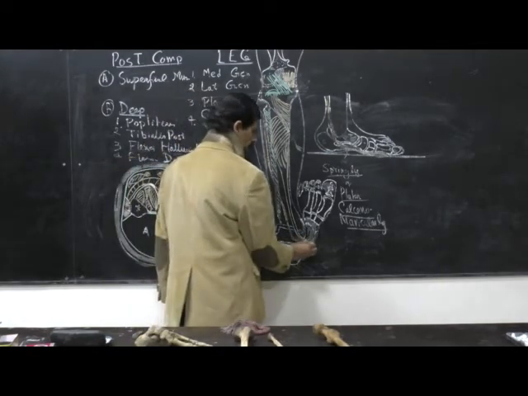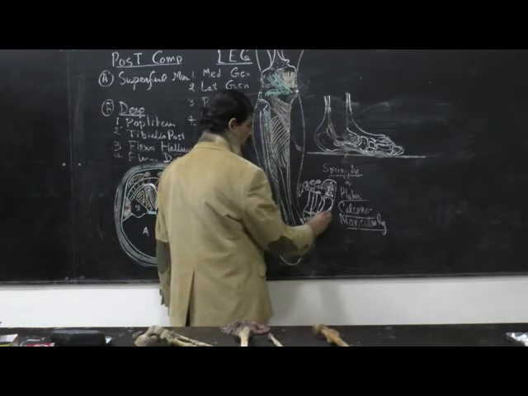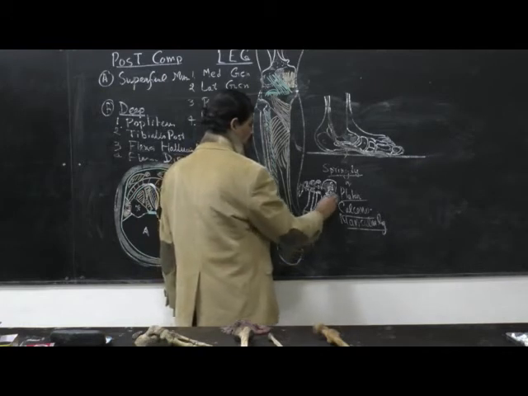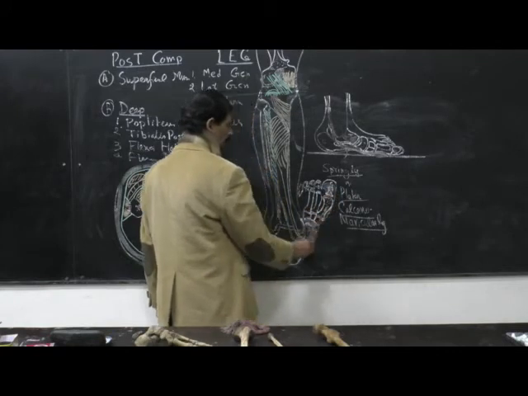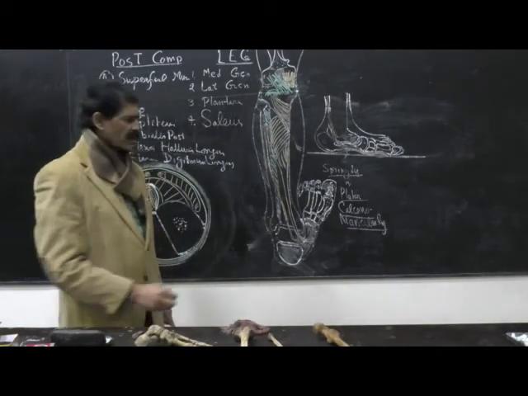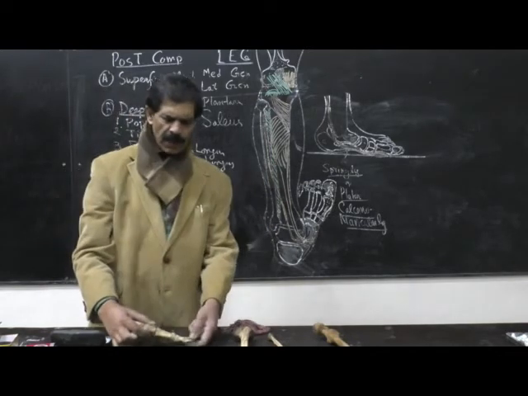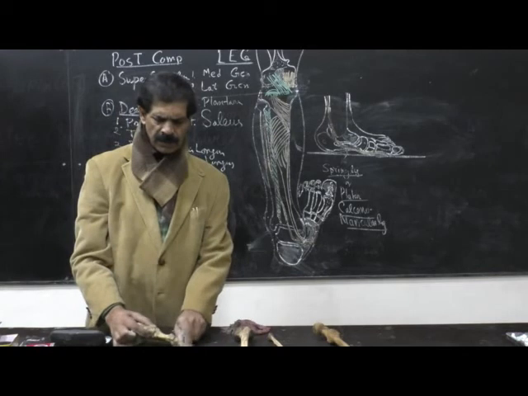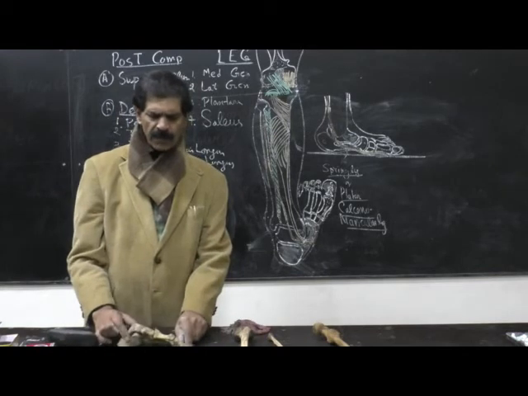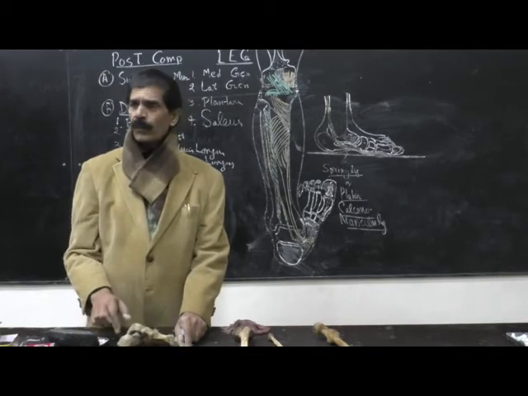and then it passes below, it enters into the sole of the foot, and from here it is inserted on the base of the distal or terminal phalanx of the great toe, that is the flexor hallucis longus. So the action of this muscle brings about the flexion, the plantar flexion of the great toe, like this. So this movement is done by the flexor hallucis longus, the plantar flexion of the great toe.